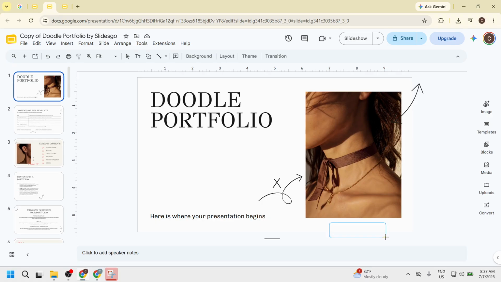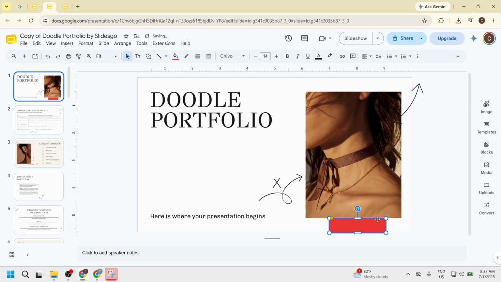As you drag, you will see the shape being formed. This step is where your button begins to take shape visually. You can adjust the size as needed, making sure it's large enough to be easily clickable but not so big that it overshadows your content. Once you have the desired size, release the mouse button to finalize the shape. This action is significant because it lays the groundwork for your button's appearance.